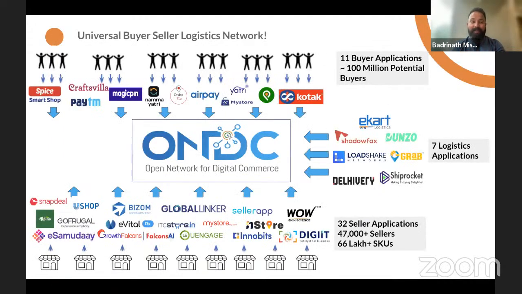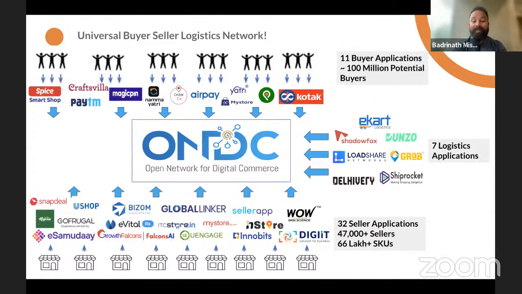As we speak, there are more than 11 buyer applications bringing more than 100 million buyers, in the cities of Bengaluru and Delhi highly concentrated, and many other places now on ONDC. There are 32 seller applications bringing more than 47,000 sellers, and these sellers are selling more than 66 lakh products.